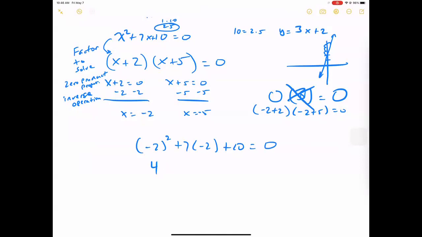Copy, this was a plus, I'm sorry. And this is a minus 14 plus 10. Does that equal 0? Negative 4, no, 4 minus 14 is negative 10. Negative 10 plus 10 is 0. Winner, winner, chicken dinner. So I would never have guessed that negative 2 would have been an